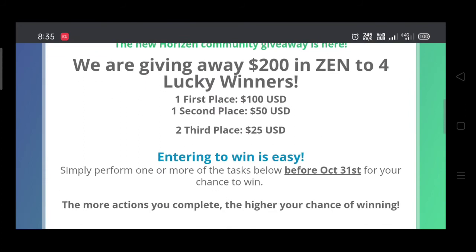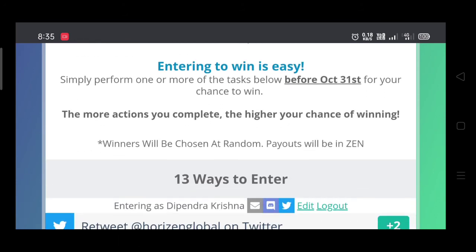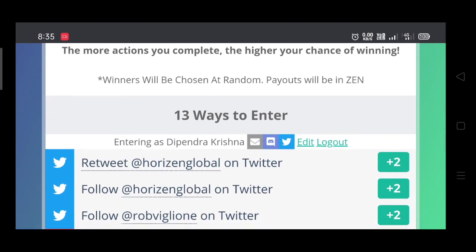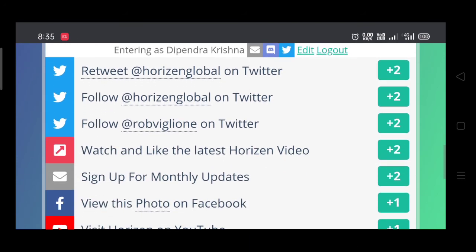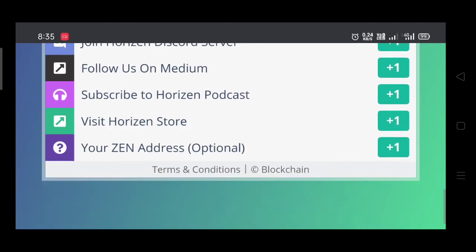First place receives 100 USD, second place receives 50 USD, and third and fourth place receive 25 USD in Zen token. And you can take part and win Zen tokens.